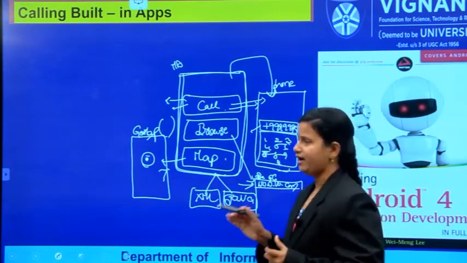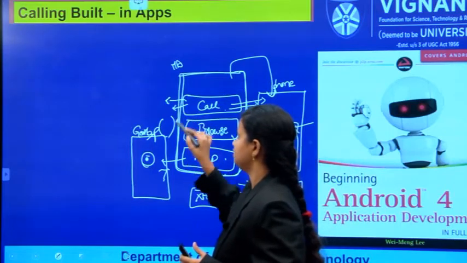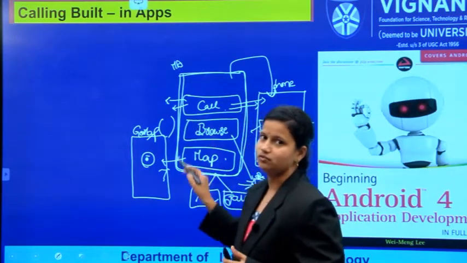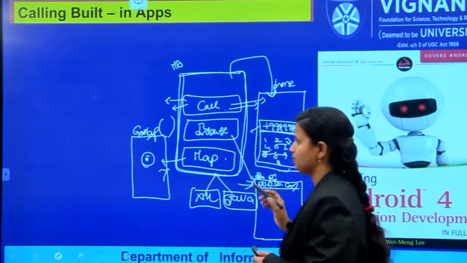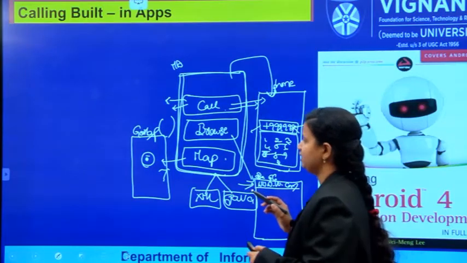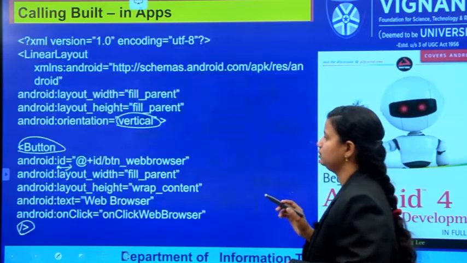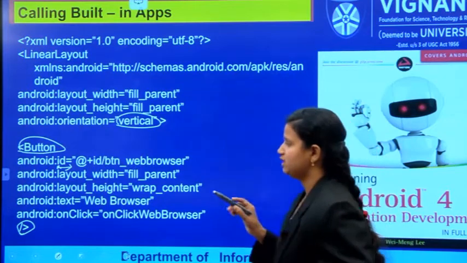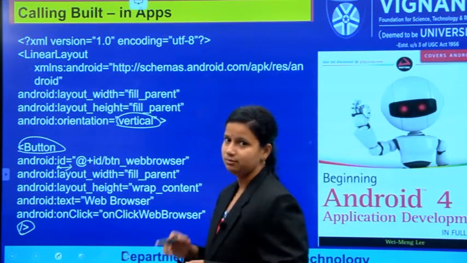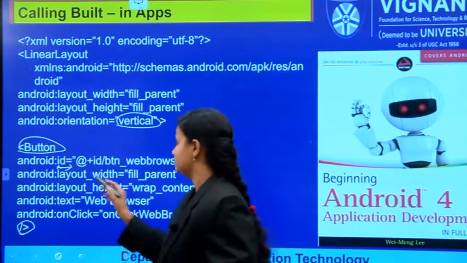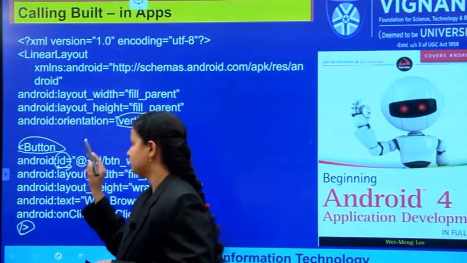So to identify which button we pressed and which action will be performed, we have to provide an ID for that button.